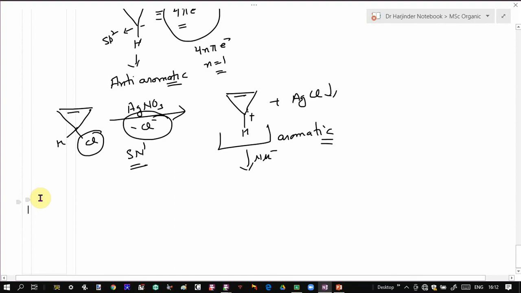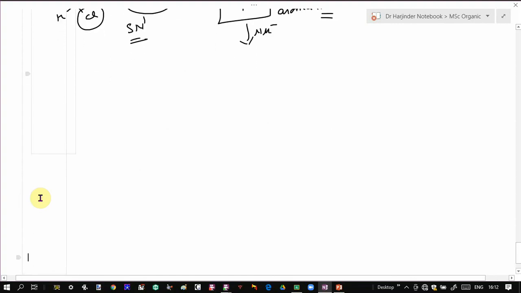Similarly, more examples are also there. Okay, you can see. Let's take another example for n is equals to 1. That means when n is equals to 1, you have a 6 pi electron system. So let's look at the aromatic ion with n is equals to 1 in Huckel's rule with 6 pi electron system. And example is